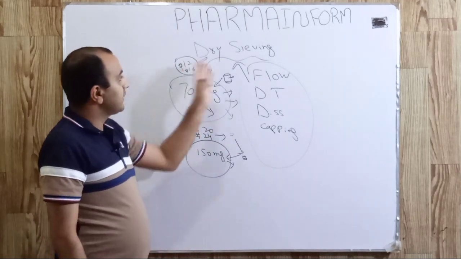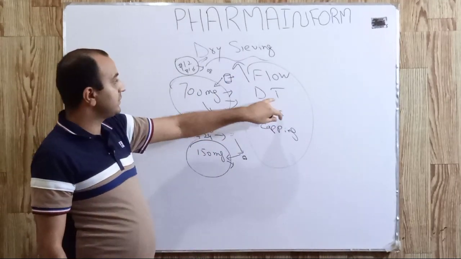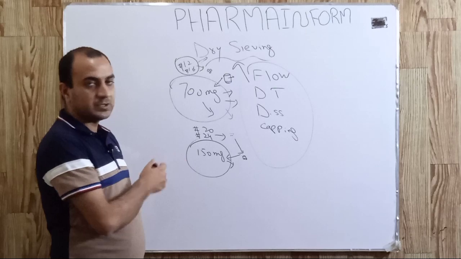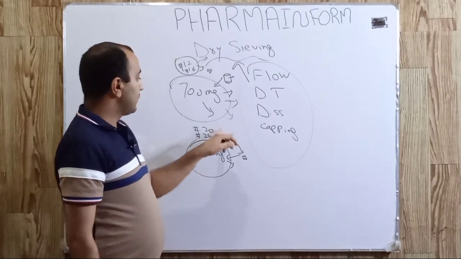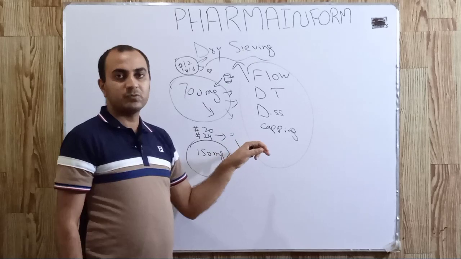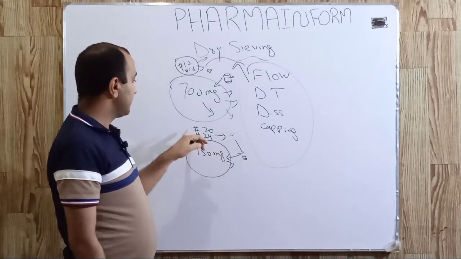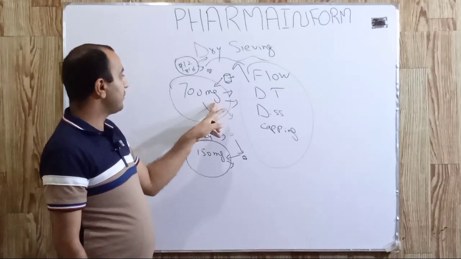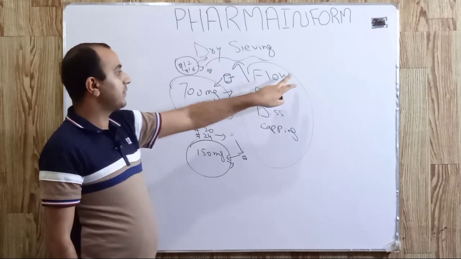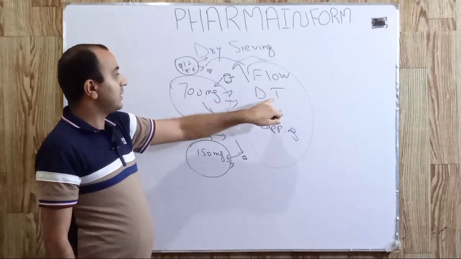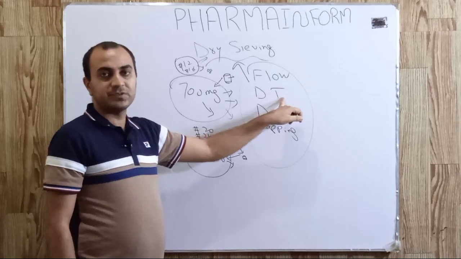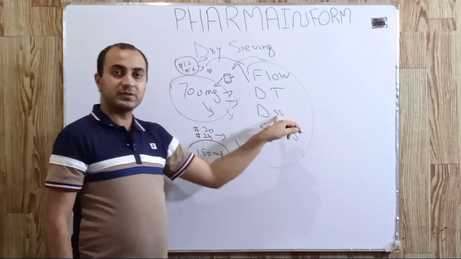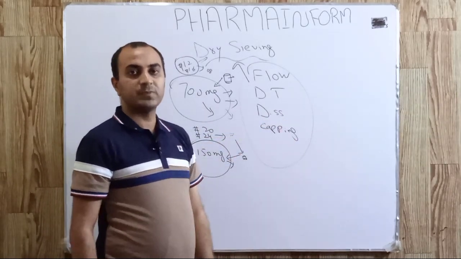So that was the dry sieving step. Now we will discuss flow properties. As we discussed earlier, when we use fine granules or a higher number of meshes, it creates more fines and a lower granule ratio. So for higher tablet weight, our flow may be disturbed. Large size granules may result in prolonged disintegration time. Higher mesh size may result in a low dissolution profile.